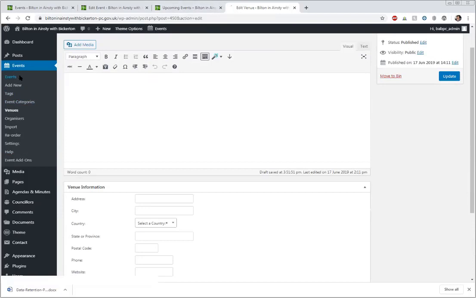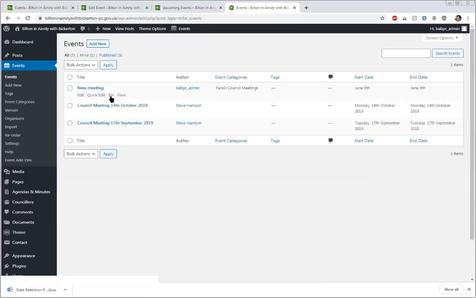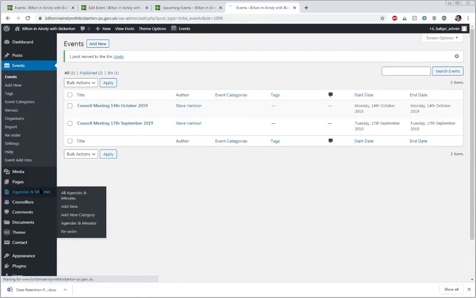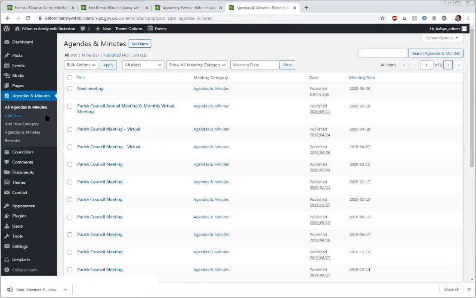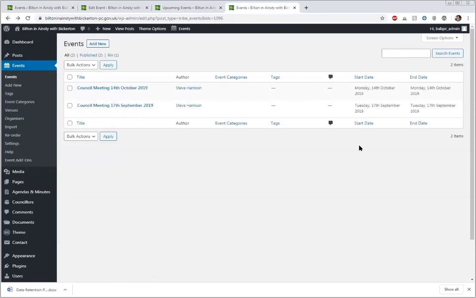Right. I don't want that new event to show in the calendar for tomorrow, so I'm going to bin that. And as I say, because it's not linked to the agendas. Yeah, you can see those two that are there. Those are two that I did when I was testing, and it worked to the display. But I just created them within the events. Yeah, that's fine.